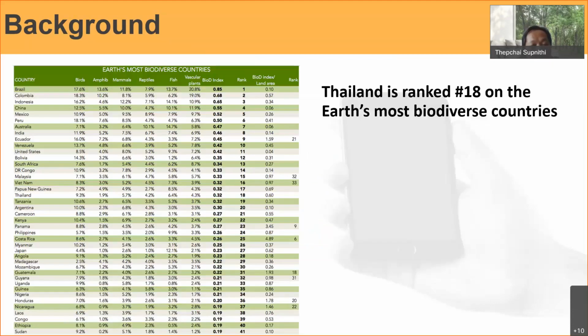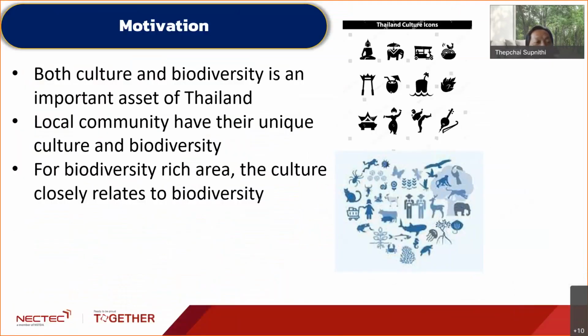And at the same time, when we consider biodiversity, we can find that Thailand is also in a higher position in terms of biodiversity risk. Based on these two things, it is important to do something on this work. Then our motivation is to work on both culture and biodiversity, and we think that culture and biodiversity is